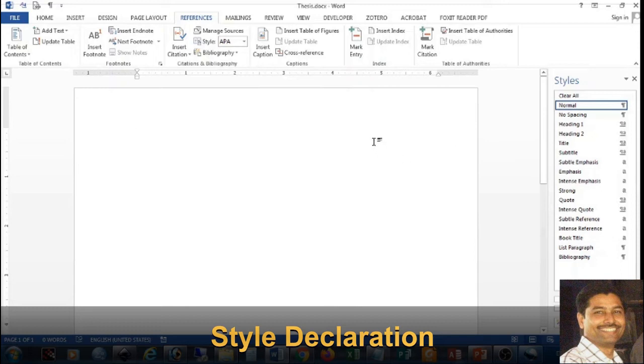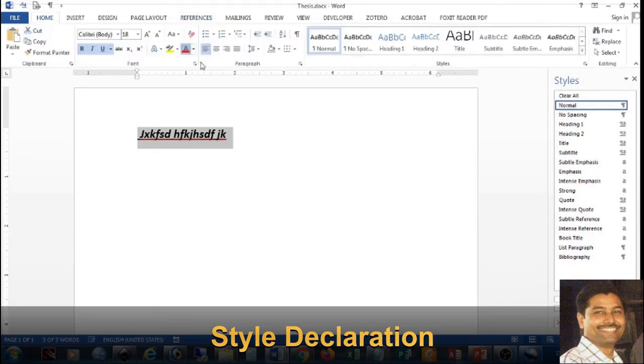Till now, whatever you have typed previously in different Word documents, after typing you have increased the size, made it bold, underlined, italicized, or changed the color. All these things you have done. All these things come under styling. But the styling was not done in a disciplined way, what you have done till now. We are going to discipline this style. So how is it done? Say we are writing the cover of the thesis.